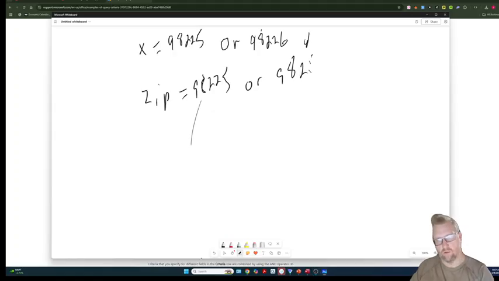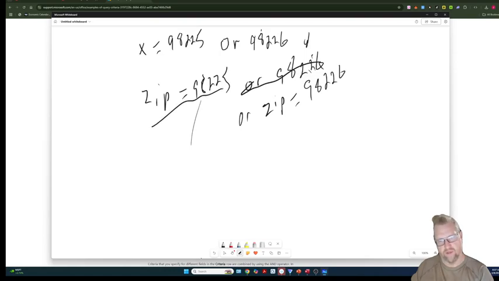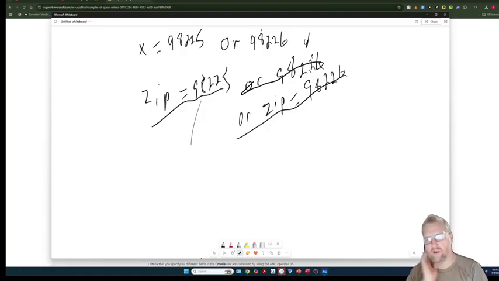Oh, I forgot to do the zip here. Or zip is equal to 98226. This or that. So when we're working with ORs and logical expressions, what it comes down to